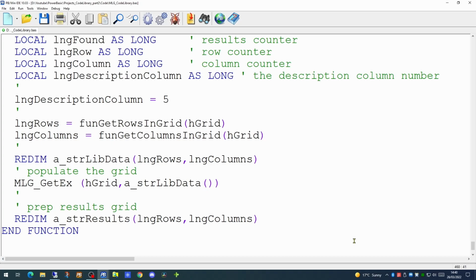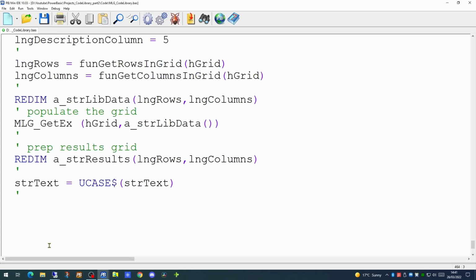And we will prepare our results grid to be the same size. As we want this search to be a case-independent search, we will use the uCase command to force the strText variable to uppercase.